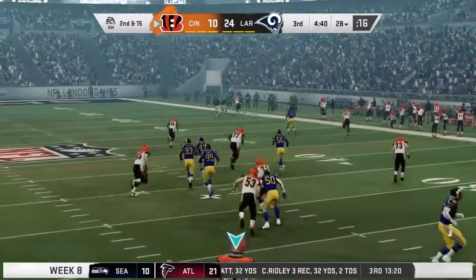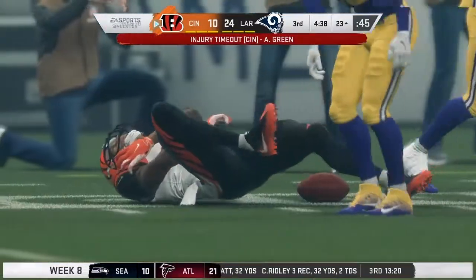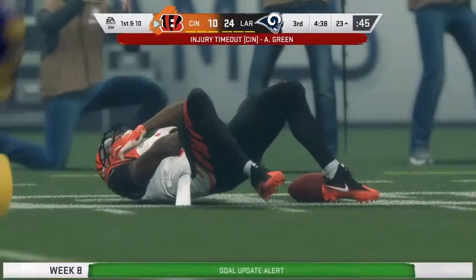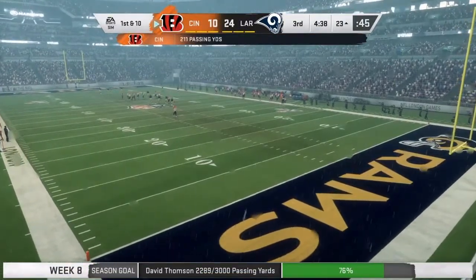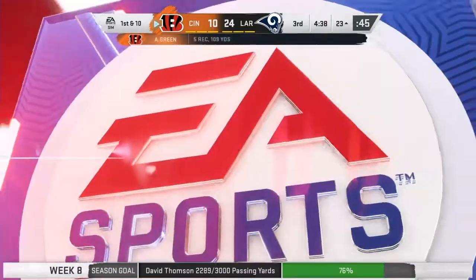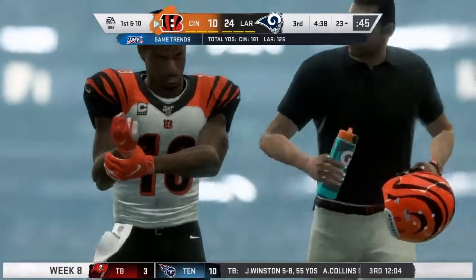I get the ball here on the second half, get a nice little run after catch for this play. So now it's like, okay, I've got to try to put it back on tap here. But then I lose A.J. Green to an injury, and that's a huge blow because he's such a go-to receiver, great route runner, big hands,